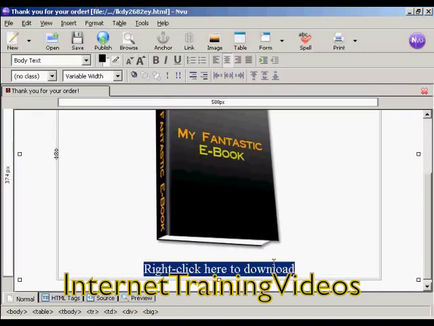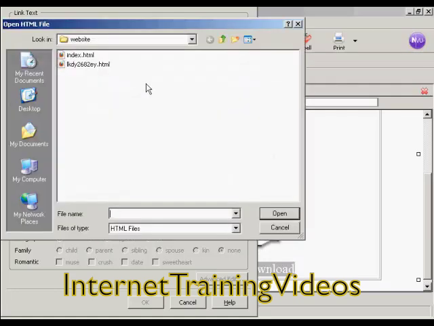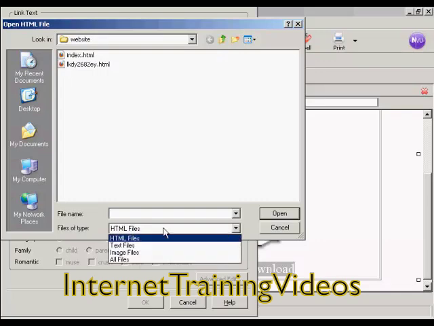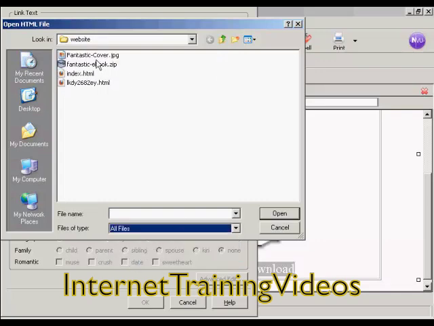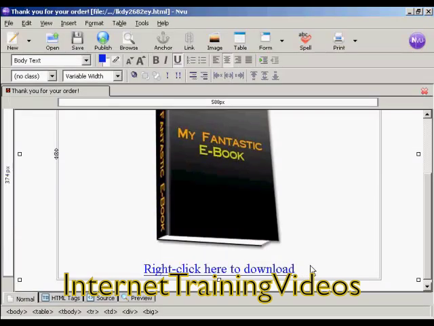and then I'm going to link to the product, which is a zip file. So click here on link, and again choose file, and we want to have all files, and this is the one that I'm going to download, fantasticebook.zip, or what I want the customer to download. So click on that and click on open, and none of this applies, so we'll just ignore all this and click on OK, and there you go, there